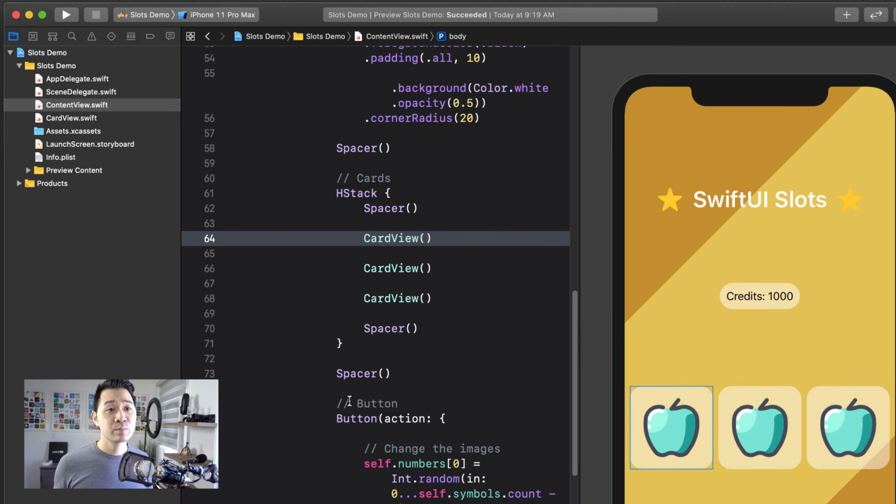Now we run into the next problem, which is that these card views have a hard-coded Apple icon in the cards. So we need to somehow be able to change those icons. Now the consideration for the data flow comes into play. So who should be the source of truth for